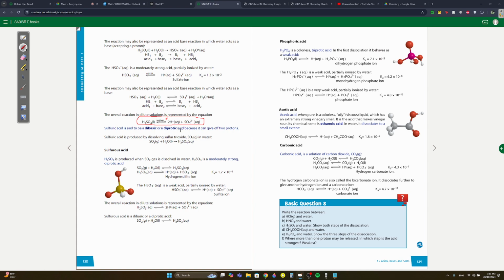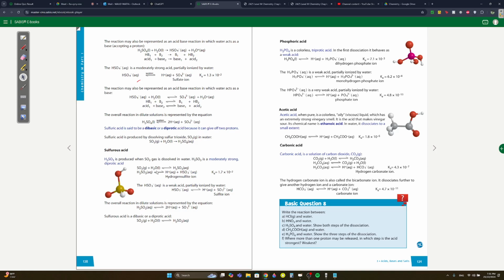H2SO4 has a partial dissociation. Why is it partial? Because the second one is partial. Remember we said the second dissociation is partial. The overall reaction in dilute solution has a double arrow. Sulfuric acid, they said, is dibasic, diprotic, because it gives off two protons. Sulfuric acid is produced by dissolving sulfur trioxide in water. Then here, H2SO3, it's also diprotic, and we know it's weak, so it will have a